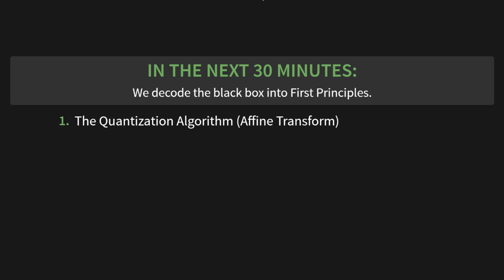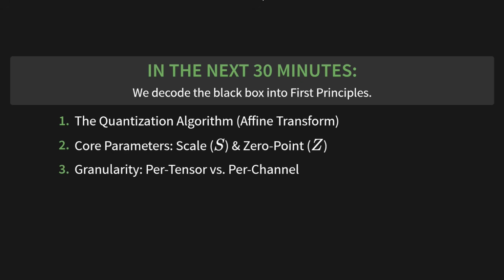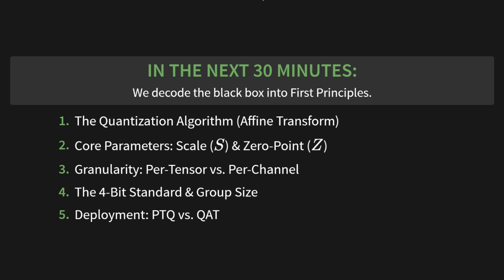First, the quantization algorithm itself, the fundamental affine transform. Second, we'll break down its core parameters, scale, which we'll call S, and zero point, which we'll call Z. Third, we'll talk granularity. This is a huge one, the critical trade-off between per-tensor versus per-channel quantization. Fourth, we'll dive deep into the 4-bit standard and why a concept called group size is absolutely essential to prevent catastrophic quality loss. And finally, we'll cover deployment, looking at the practical difference between PTQ, post-training quantization, and its alternative,